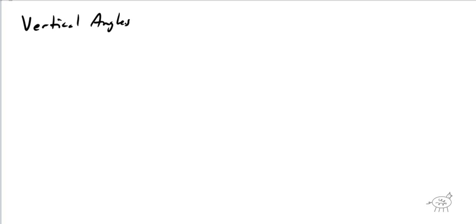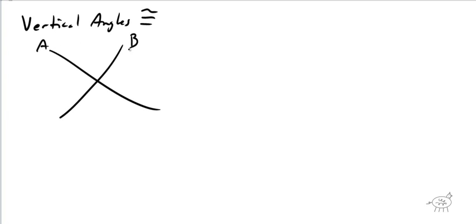So what can you guys tell me about vertical angles? Well, hopefully you remember from proofs, when you're proving certain triangles or angles are congruent, you can tell me vertical angles are congruent, right? This is the congruent symbol, the equal sign with the tilde on top. And so if I give you A, B, C, and D, and E is in the middle,